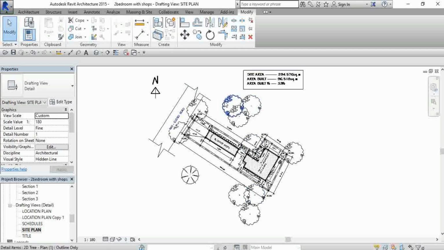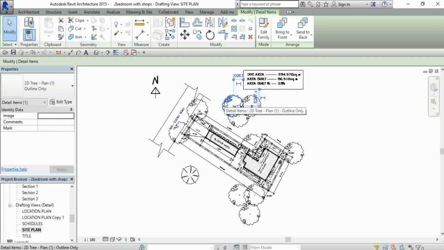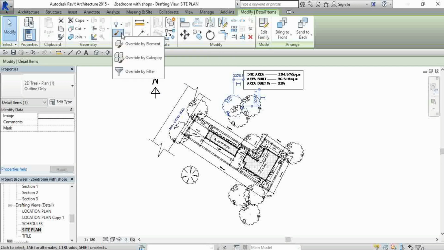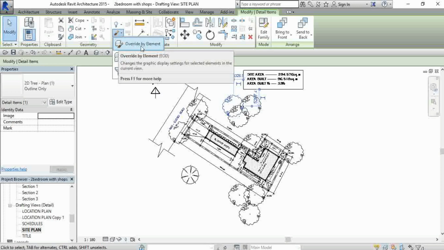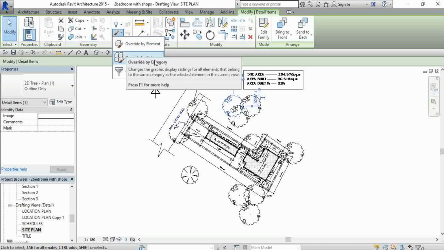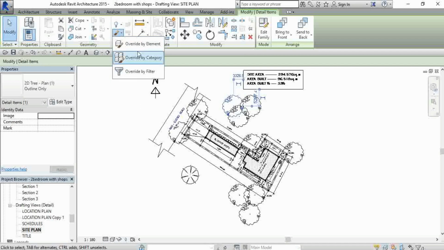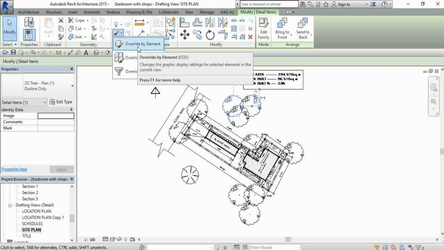If I want to override the graphics of this detail element, I'll click on it and I'll go to Override Graphics in View. If I click on that tool, I'll have Override by Element, Override by Category, and then Override by Filter. So if I choose this first one here,